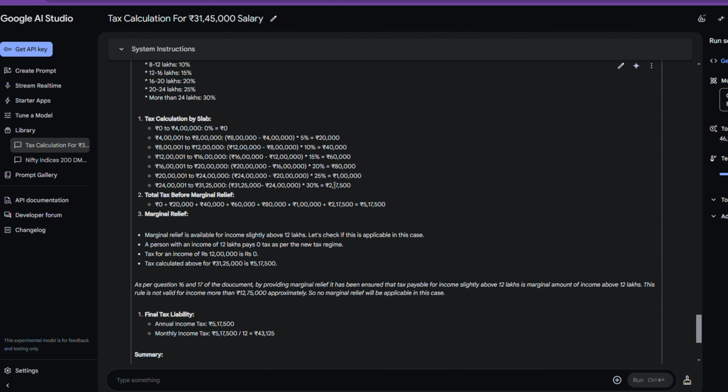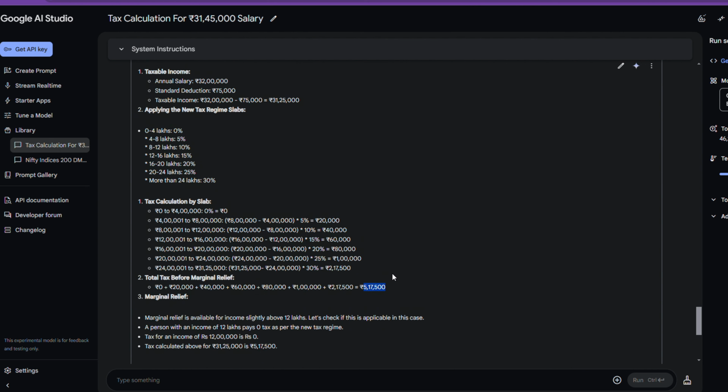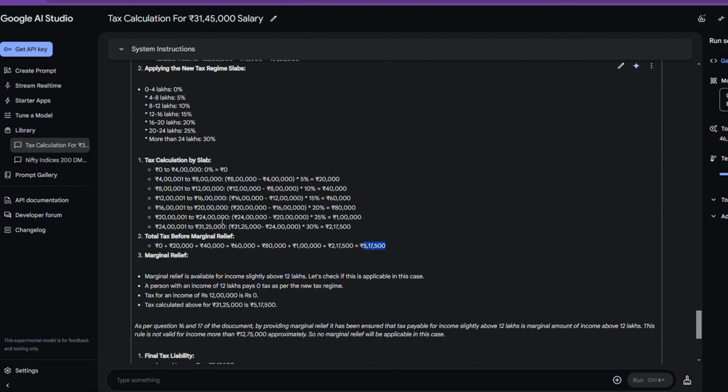It has applied each slab, how much tax you are paying for each slab, and in the end it's adding up all those taxes. So for a 32 lakhs package, you have to pay tax of 5 lakhs 17,500 rupees.